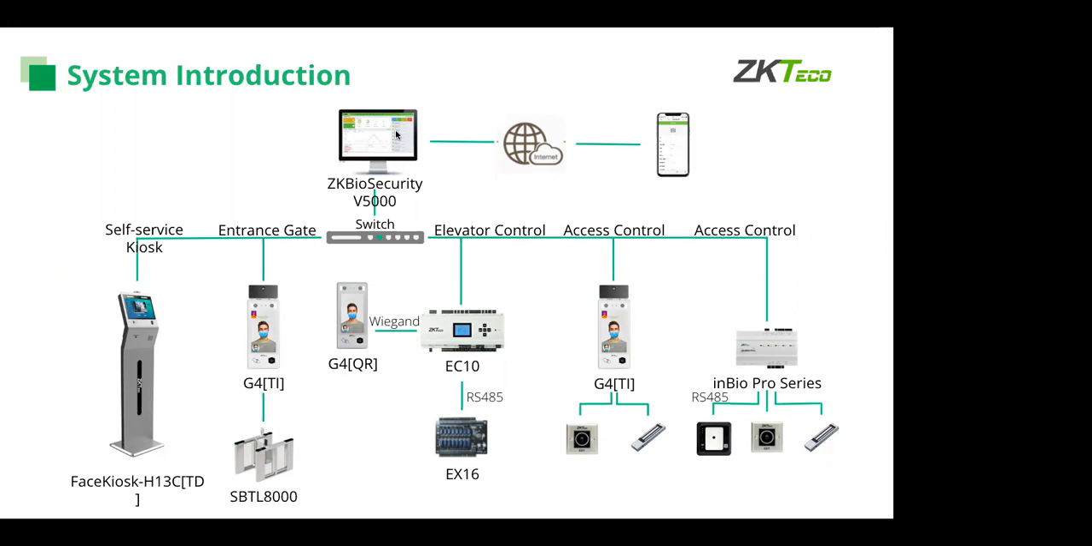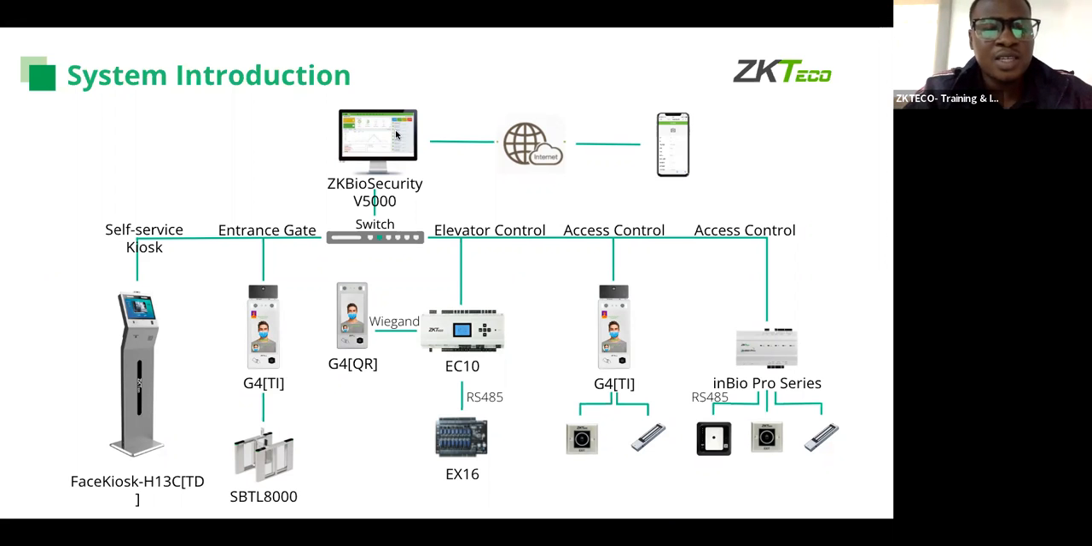Okay, so this is the system architecture. So you can see the FaceKiosk. So this is the FaceKiosk H1 H13C integrated with G4. We have our green label devices, G4 QR. You can also use ProFace. So this is the integration with various modules on our Biosecurity V5000. So this is the interconnection. You connect